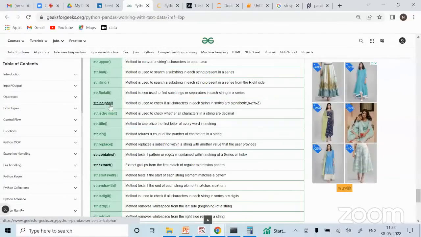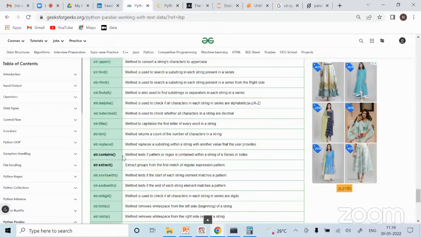Let's say there are certain values where only letters should be present, there should not be any numbers, isn't it? So that way you can check str.isalpha. Str.contains, you can check whether it contains some hyphen or dash, because a date will have at least a hyphen, or a dot, or a forward slash. That's how you write a date.